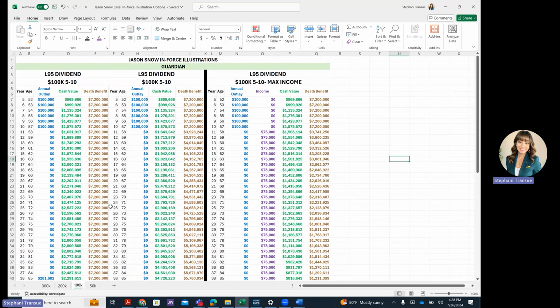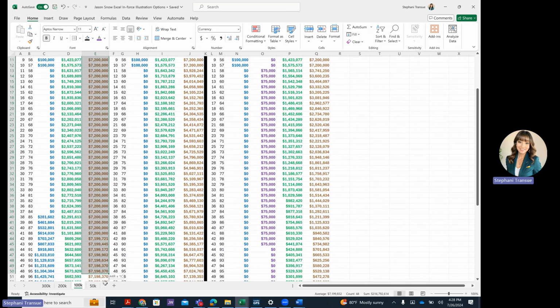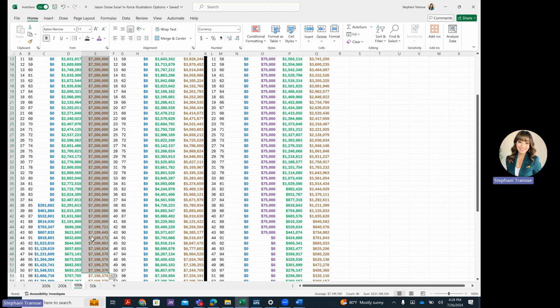We did the same thing with that 100,000 funding. Here you'll notice that by doing the 100,000 funding and nothing else or after, we're keeping the term rider on. Here we have that consistent 7.2 million throughout the years, and it does continue to grow. Here I do want to point out something. At the age of 85, by keeping the term rider on, there is a term cost that is not being paid out of pocket, but it's being paid by the policy itself.